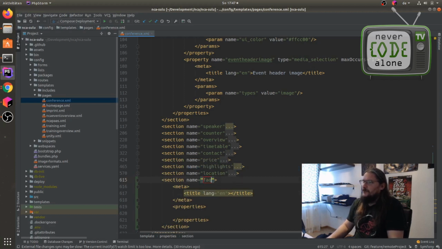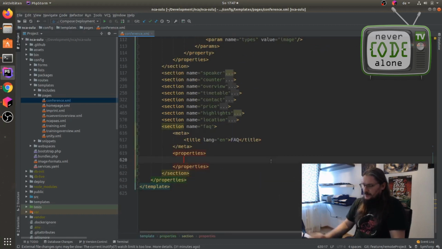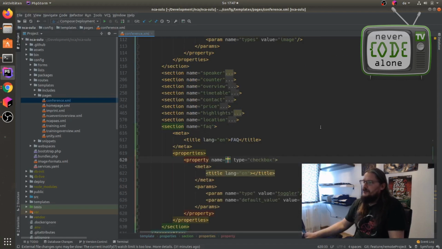FAQ. So here's FAQ, the headline in the backend, and now I add here a property with a checkbox that I say just here FAQ visible.